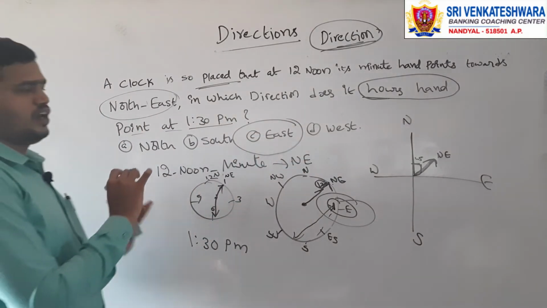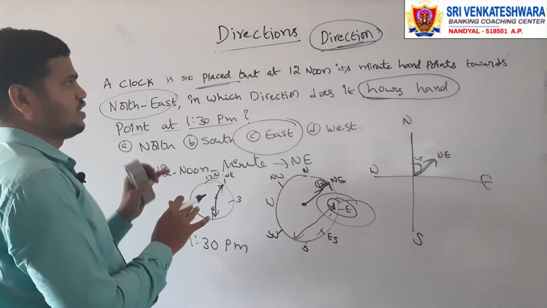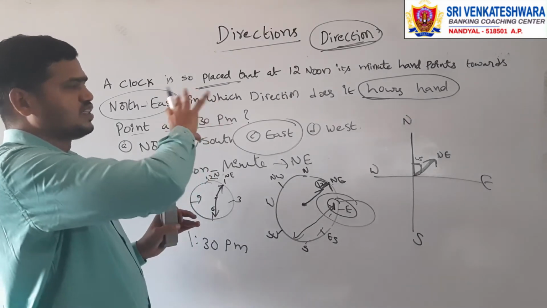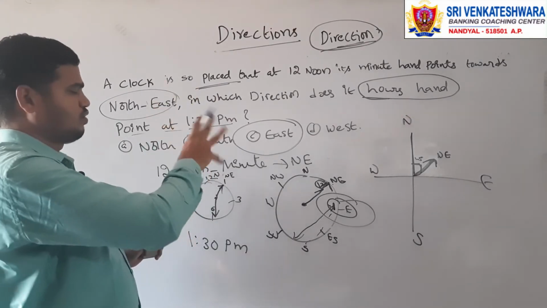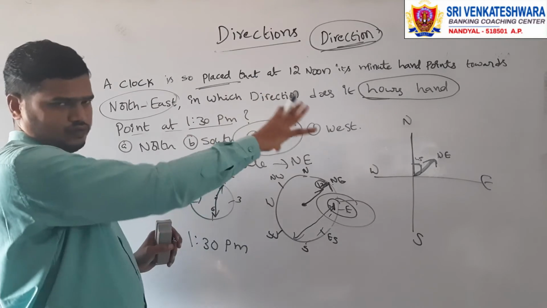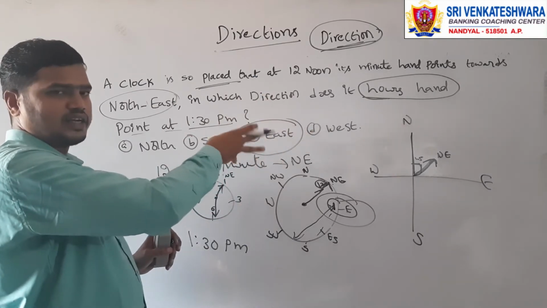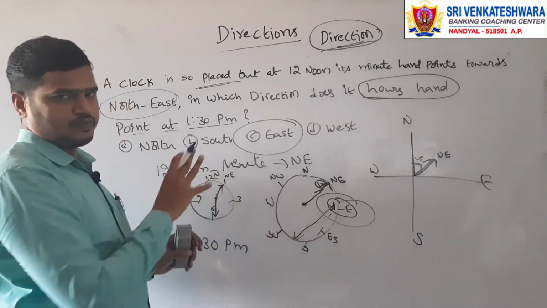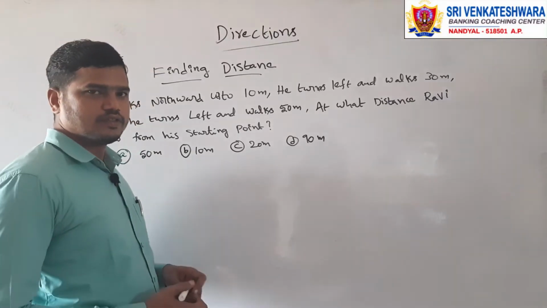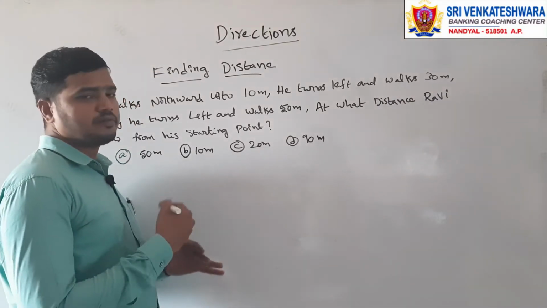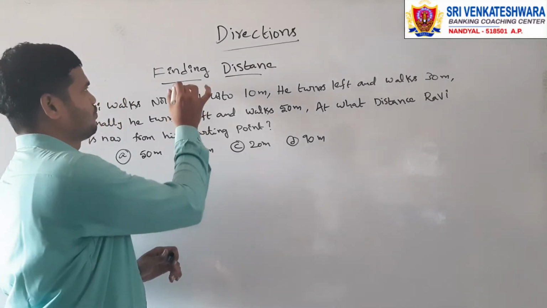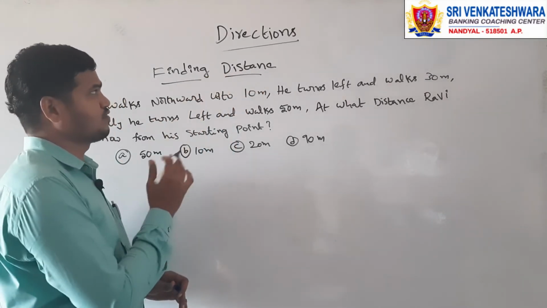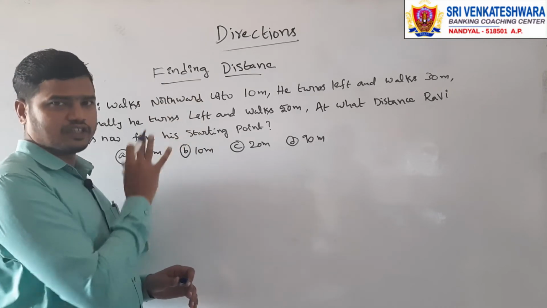In this manner you can go ahead whenever they change the general regular thing. Actually the regular thing is that 12 o'clock should be at the north side, but they changed the angle somewhat. So based upon the angle, we can go for the options. Now we will go for the next model. The first model was to find the direction. In the previous one we found only in which direction.